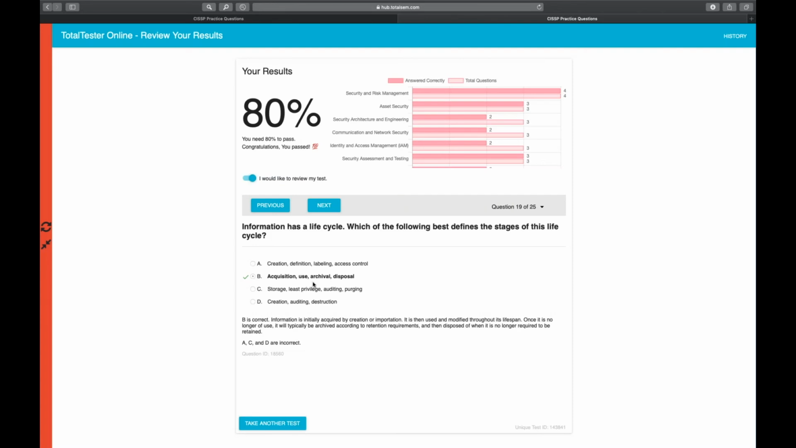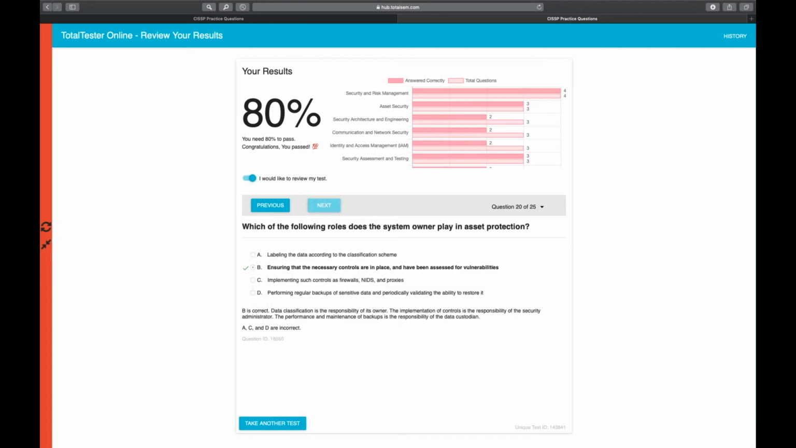Acquisition. What, did we get one wrong? Acquisition, use, archival, and disposal. Ensuring that necessary controls are in place and have been assessed for vulnerability. Yeah, we're up against the fence. So this one,